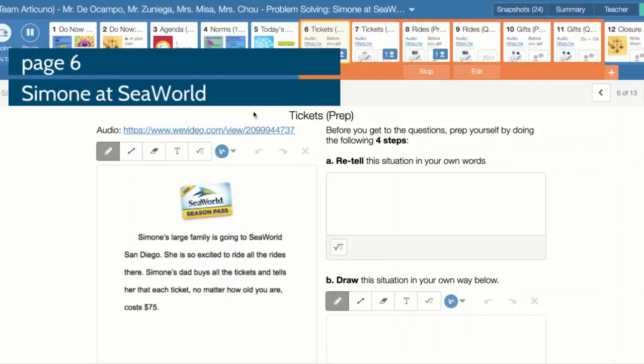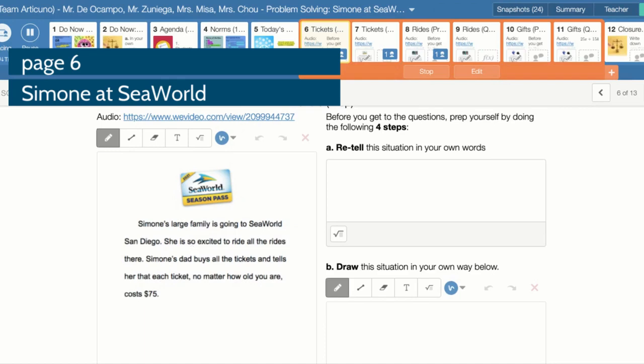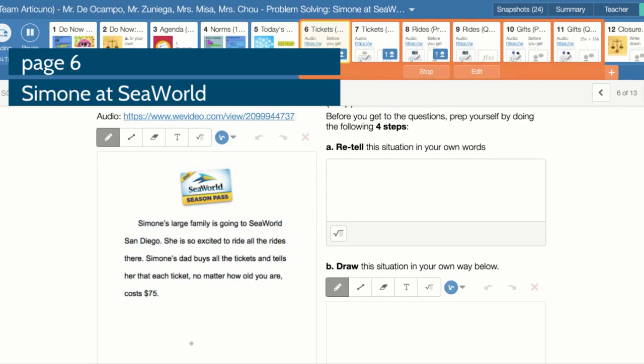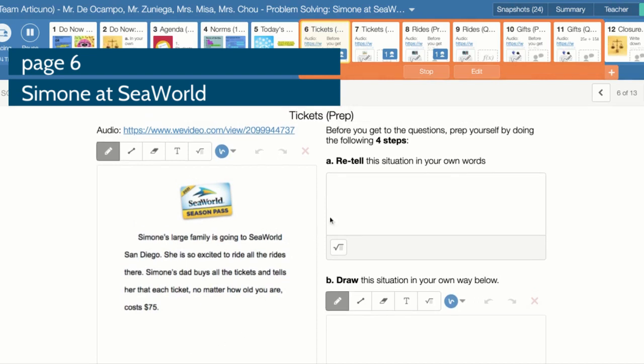Hi everybody, this assignment is called Problem Solving Simone at SeaWorld, and this is an assignment where students are working on writing equations and writing inequalities. So we're going to go over pages 6 and 7 a little bit and give you some tips on pages 6 and 7. So on page 6, you have the situation right here on the left side,